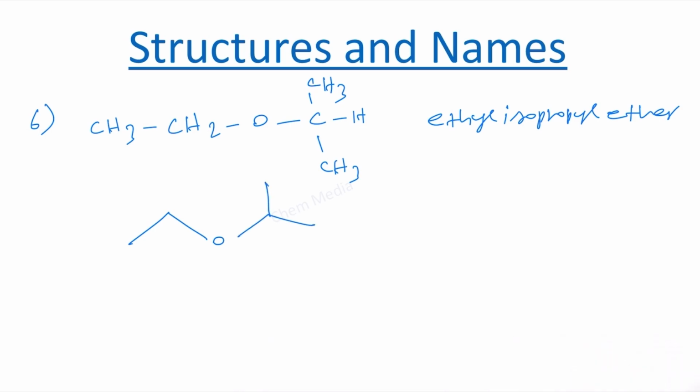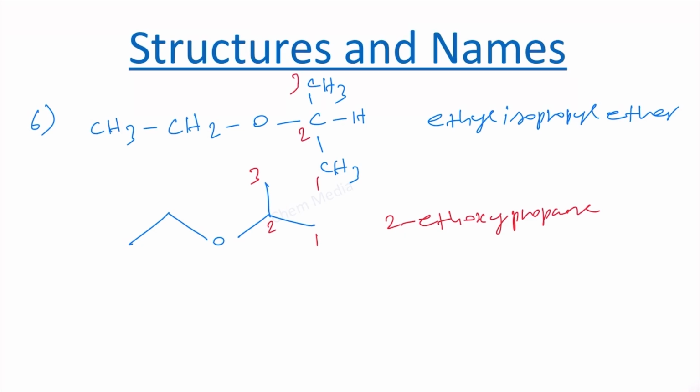Let us number it 1, 2, 3 and the IUPAC name is 2-ethoxypropane. You shouldn't number from here thinking that there is a methyl group here, that would be wrong. 1, 2, 3. Therefore, in total we can write 6 constitutional isomers for